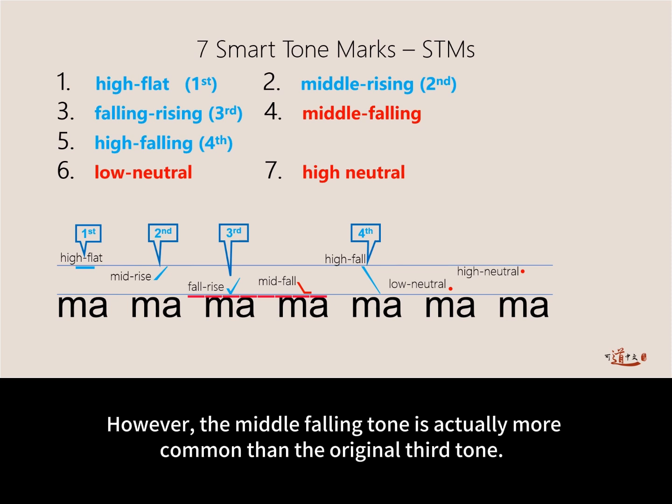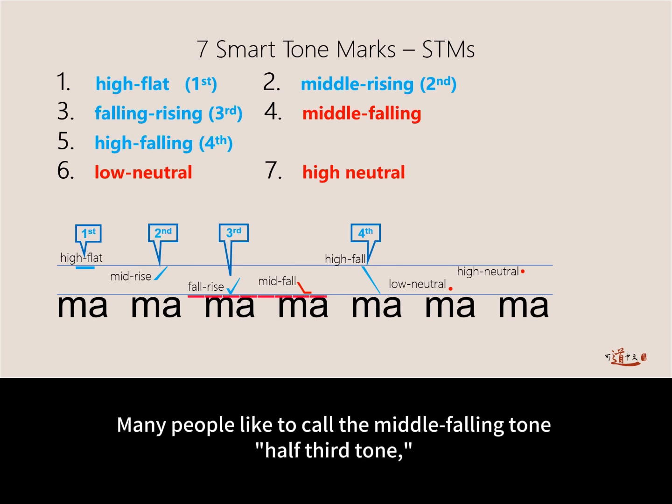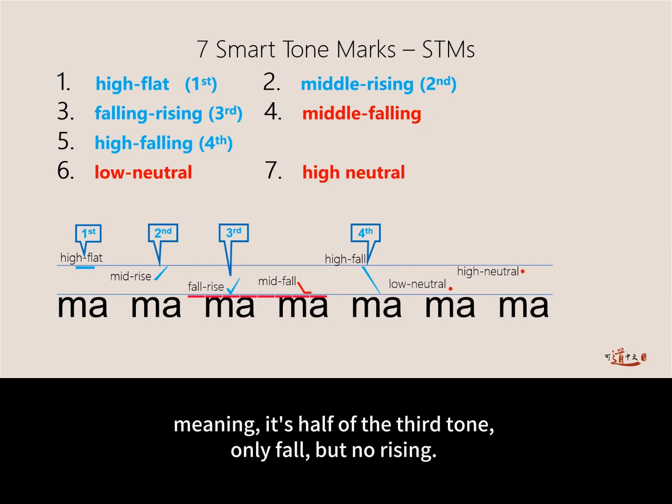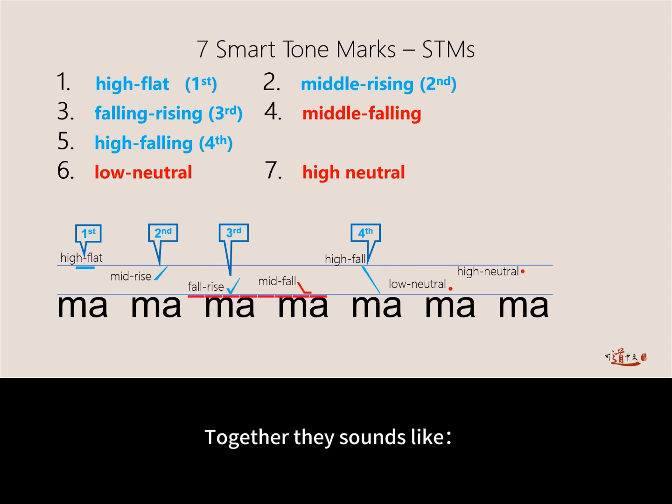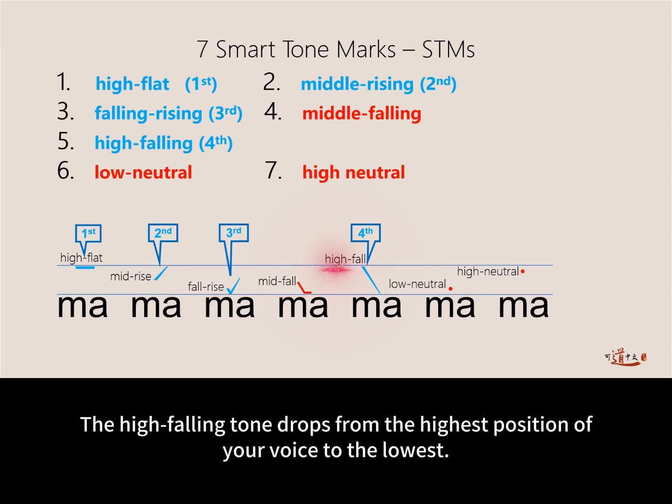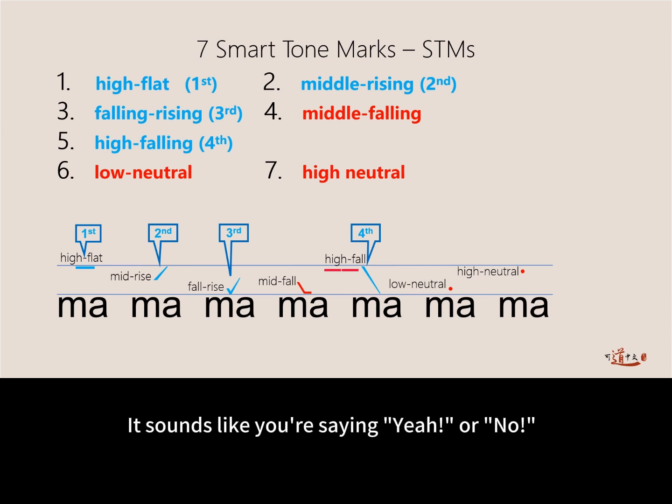However, the middle falling tone is actually more common than the original third tone. Many people like to call the middle falling tone half third tone, meaning it's half of the third tone, only falls, but no rising. Together, they sound like ma, ma. The high falling tone drops from the highest position of your voice to the lowest. It sounds like you are saying,